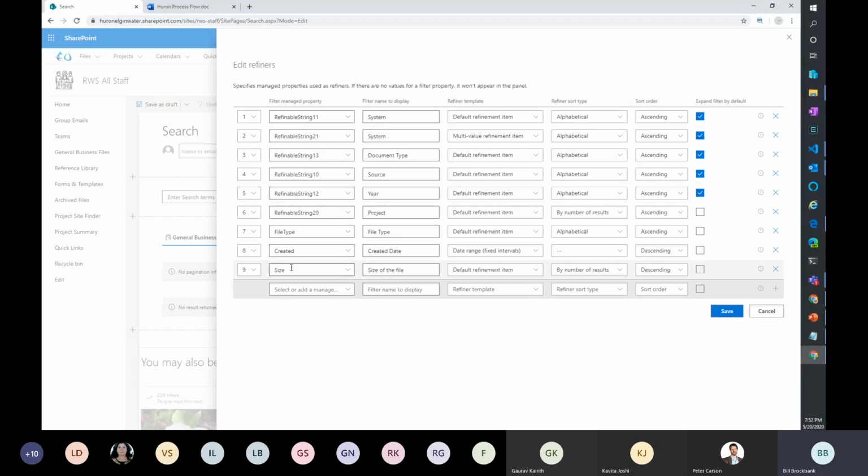Expand filter. So in some cases, like I was showing you before, you have two different refiners for system, because the two different result sources have two different refiner capabilities. One location has 3 values, another location has 2 values. So in order for that to work, you have to put it in as the same value twice. But because it's targeted specifically to one of the result sources, it's only going to show up with one system value. So this has to contain all your refiners for all your different queries.